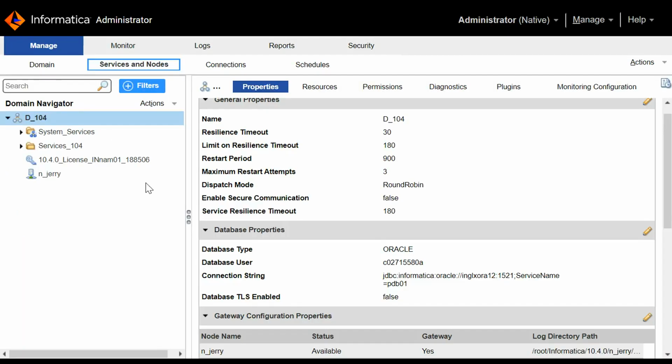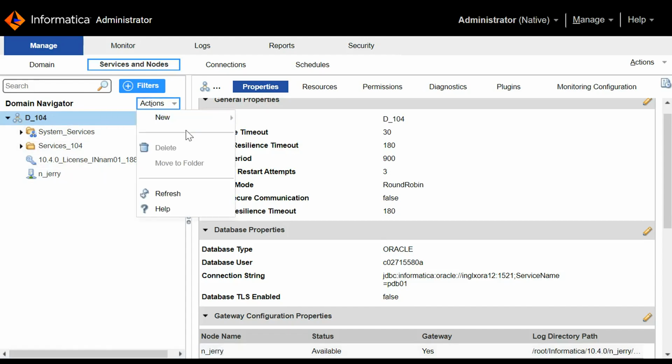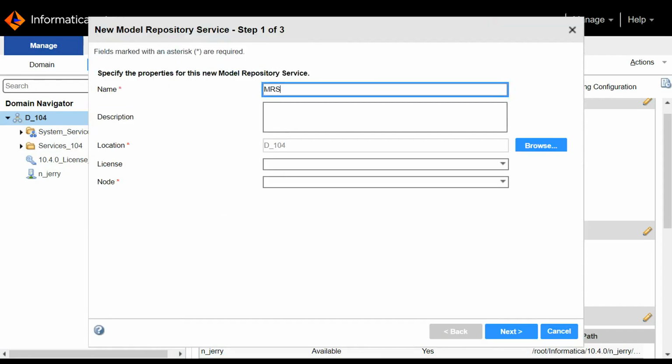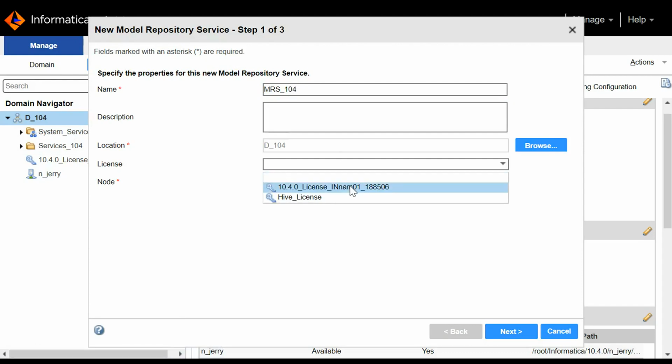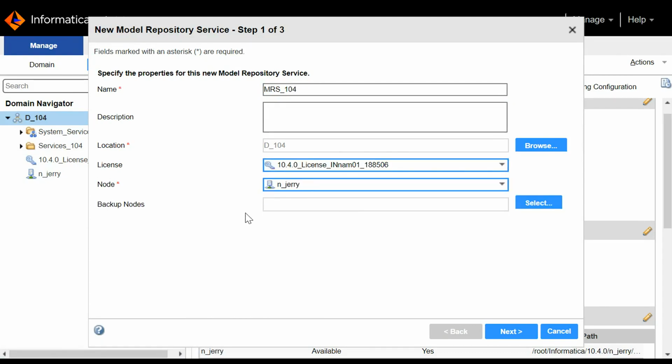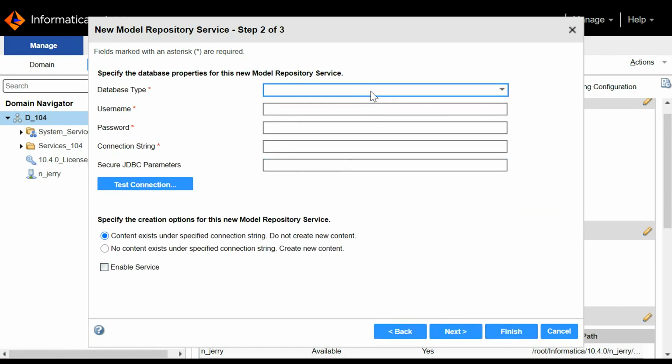For the purpose of this demo, I'm making use of a 10.4 domain. Let's start with creating the MRS service. We need to assign a license to it and the primary node. If required, you can also assign a backup node to it. Making use of an Oracle database.